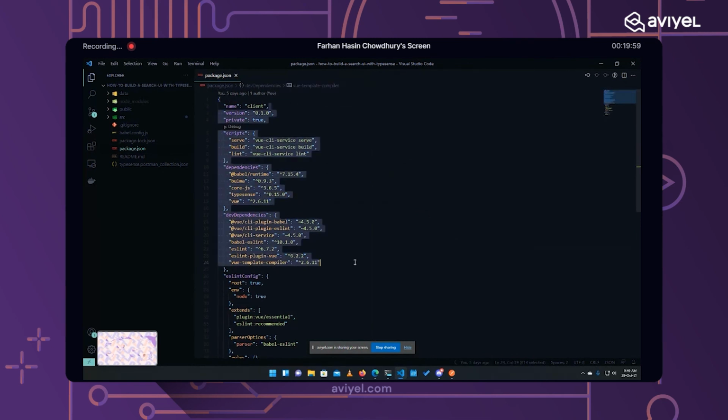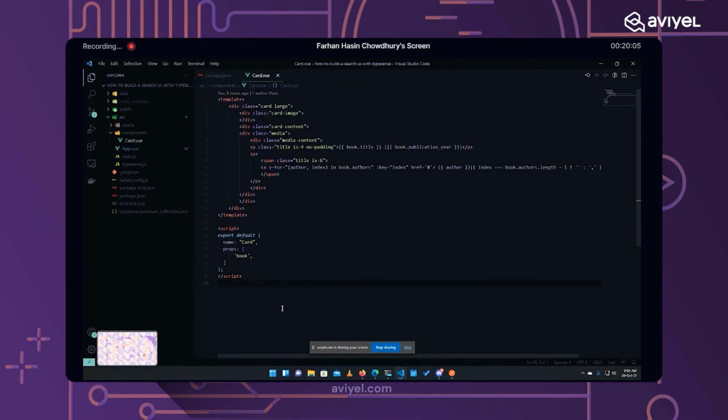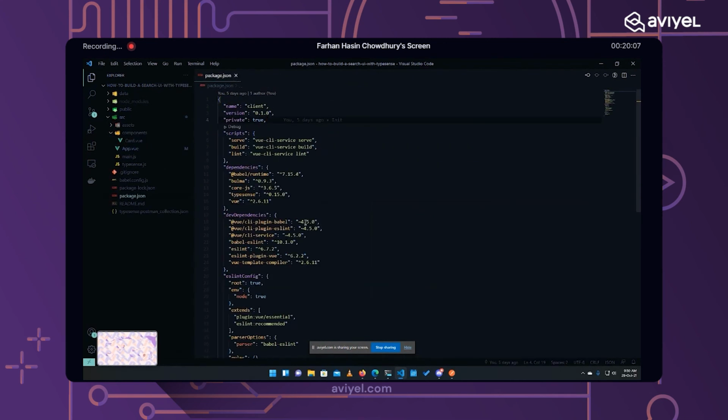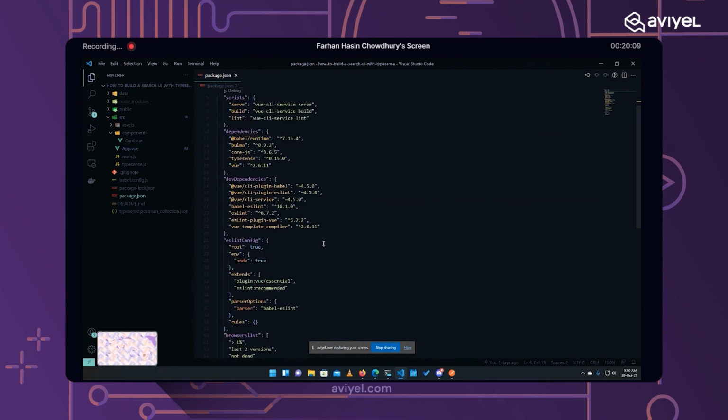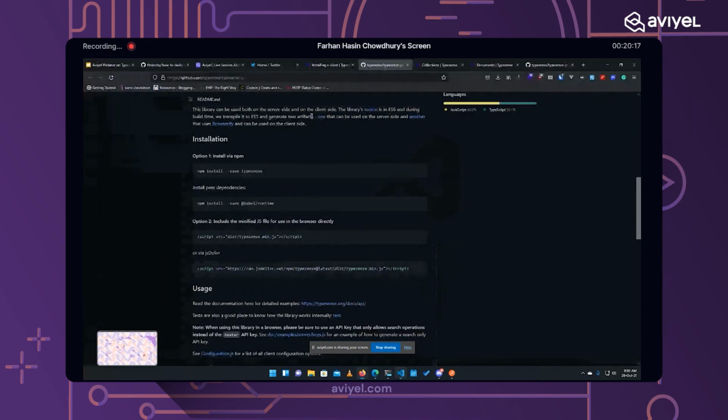The project here is a simple Vue.js project with a simple card component. I will demonstrate all of this later. Let's focus on the data indexing part right now. So here is TypeSense and here is Babel runtime. And if you are working on a brand new project, you will have to install them manually by using these commands from the documentation.